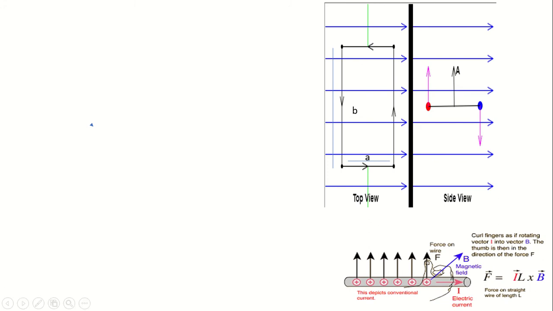We know that if a wire carrying current is placed in a magnetic field, or a magnetic field is applied on a wire carrying current, then a magnetic force acts on it. And we can also calculate that force. From the previous content, I know you have learned that the magnetic force on a current carrying conductor is F equal to IL cross B.